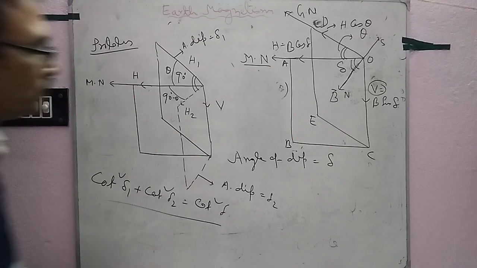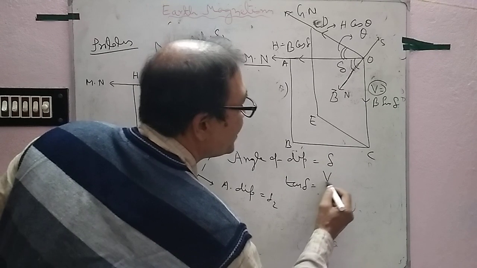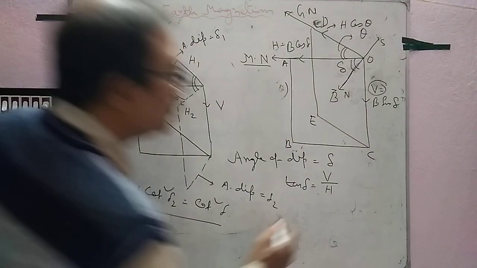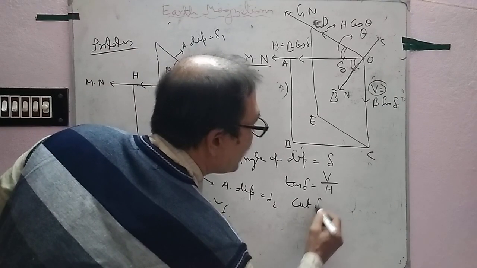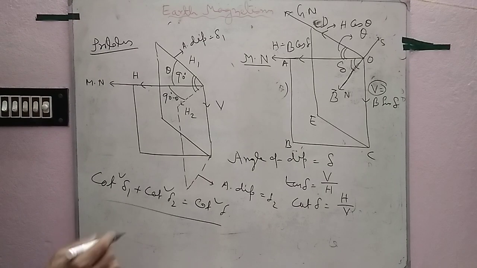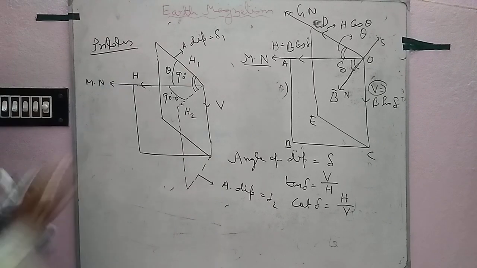The vertical component of Earth magnetism V is the same in three planes. So we know that tan sigma equal to V by H, cot sigma equal to H by V. Clear? And in the first plane